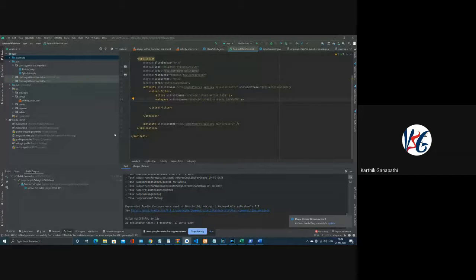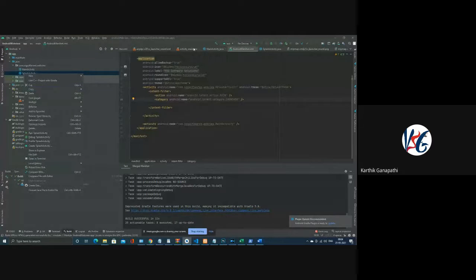I'll share this code with you. If you want, you can utilize it. We will just delete this code. Delete this particular file from the splash screen and remove this content. Your splash screen will be removed and you can run directly. When you open this application, it will directly open the web view, not the splash screen.